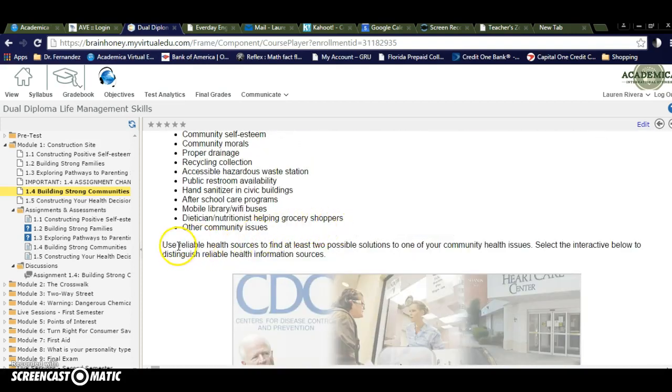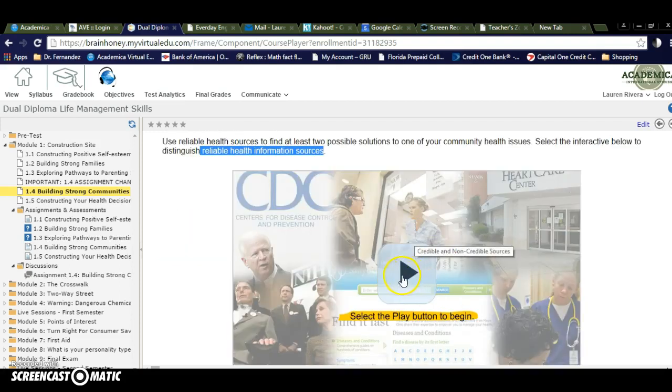Okay, so what does the module mean by use reliable health sources or use reliable health information sources? If you click play over here, it's going to give you an idea about how you get information that is reliable, which means information that you can trust is true. When you do research, especially about something related to science, you want to make sure that you're getting the facts and that your information is reliable, that you can trust it, that you know other doctors and other scientists will